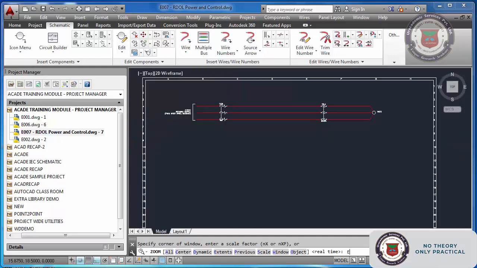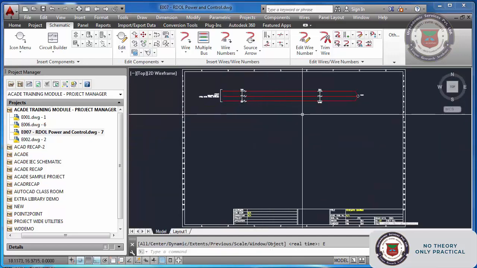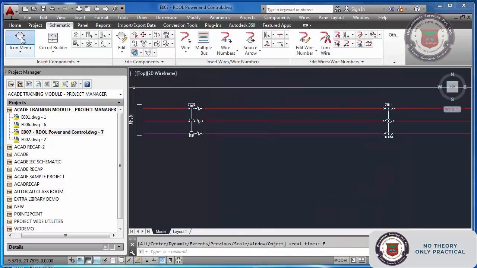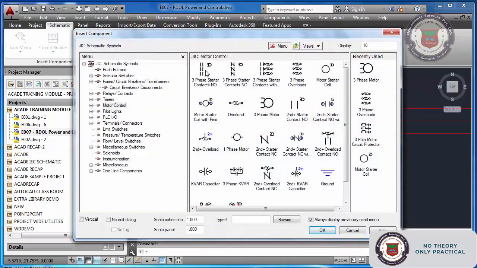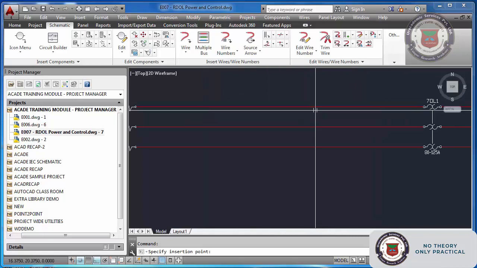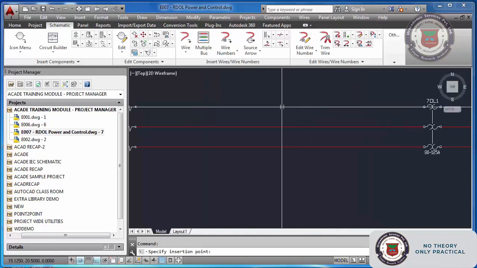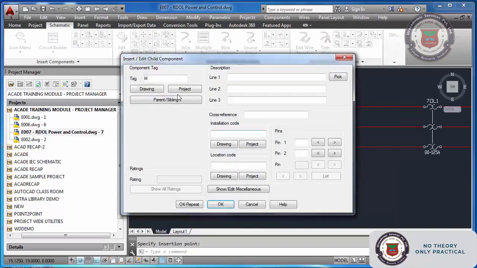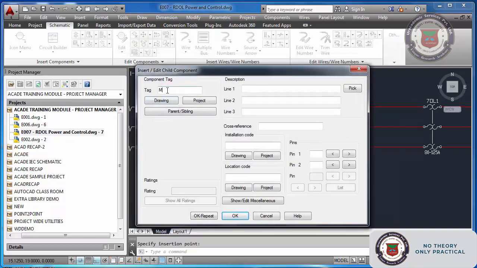Now coming back, we are going to draw an RDOL. So I will insert a 3-phase starter contactor here. This is a power contactor. See, now that prefix 7 is not coming here. You might have noted while inserting the overload relay and the MCCB, it was coming with the prefix 7, that is my sheet number.